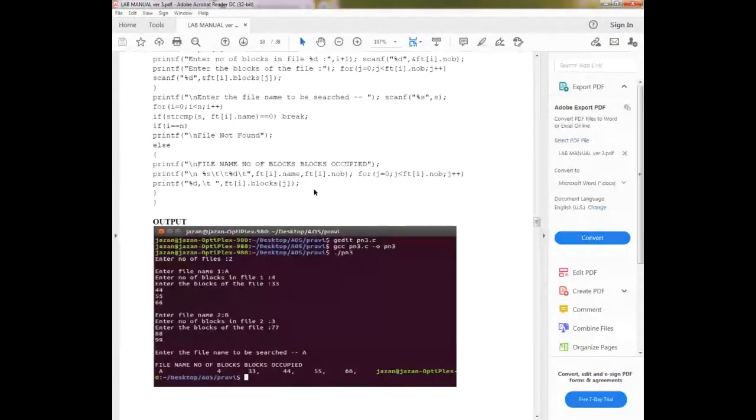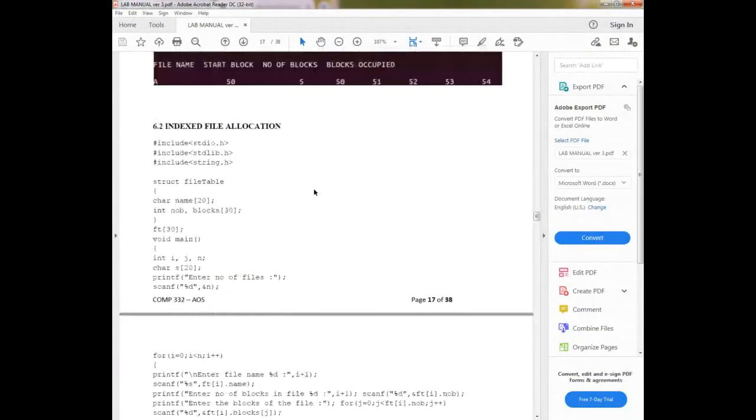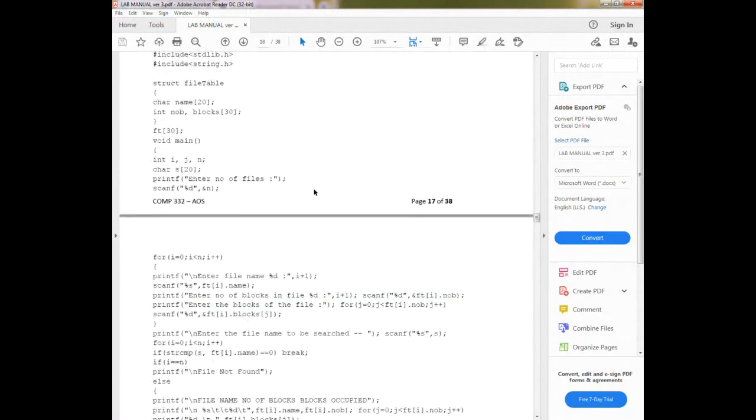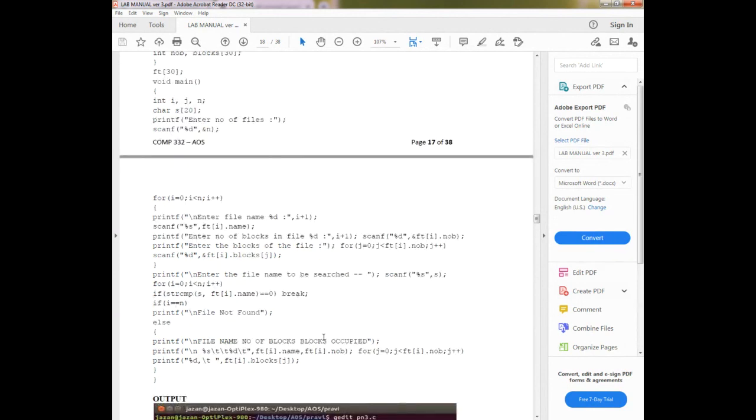Okay, students. Now I will explain this program. This program is the same as the old program. Only the difference is that you are entering the number of the block. So for that, this is the code, for j equal to 0.